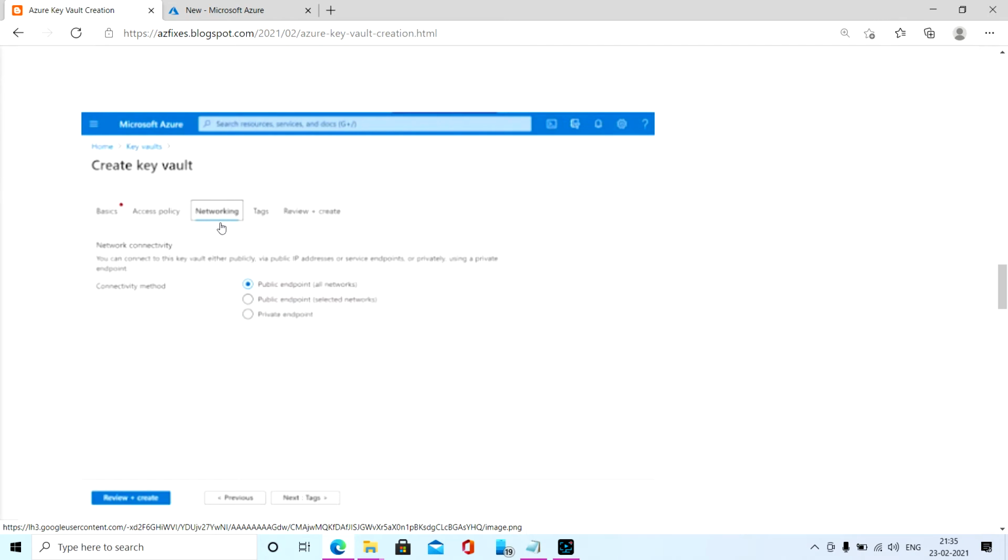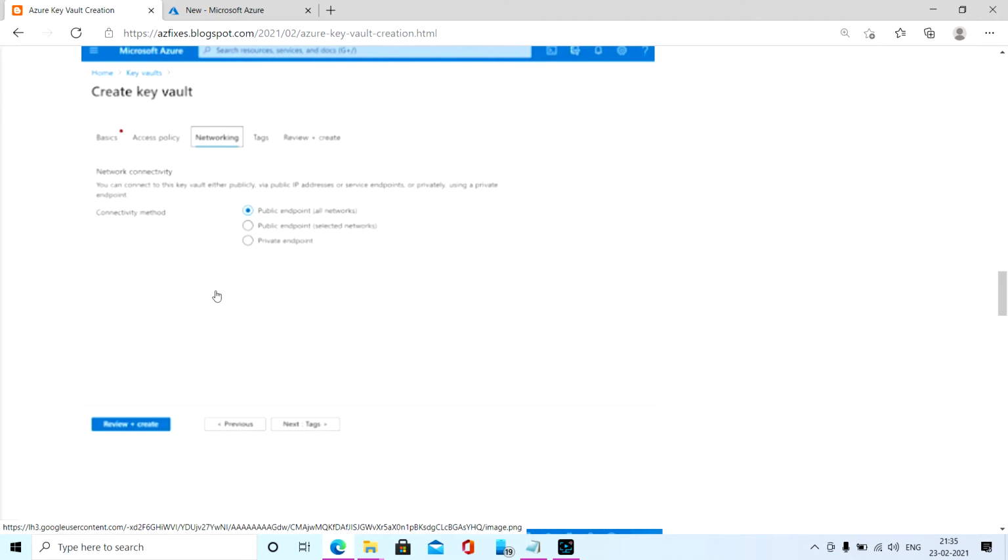Once you have added it, you will get the networking option. Here, as you can see, there are three options available. Basically, the public endpoint will be open to all networks. If you have a specific VNet available in your subscription, then you can choose the private endpoint, and once you choose the private endpoint you will get an option to put in the VNet details.